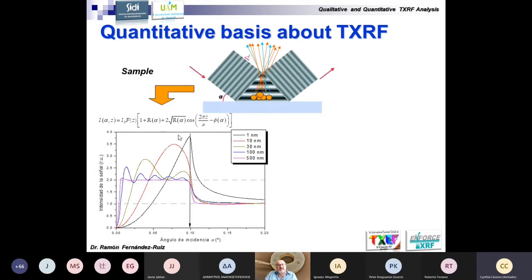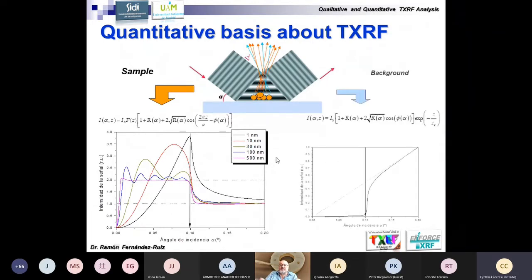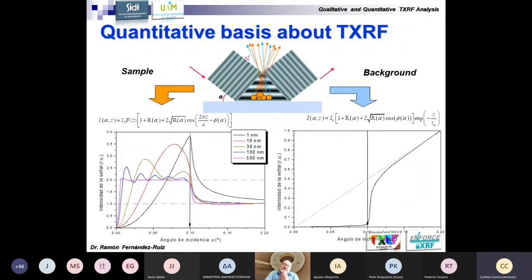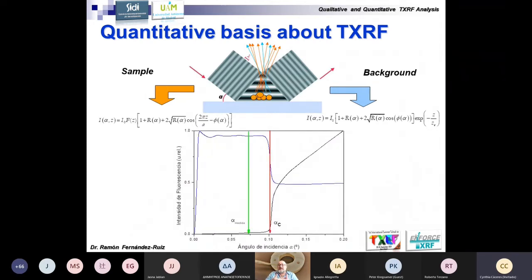excitation intensity of the elements present. It varies from 2 up to 4, depending on the geometry of the depositions. But simultaneously, as Peter has commented, the background goes from, in this case, quartz or silicon, if it is a buffer, to practically 0, very, very low. If we combine both effects, we obtain the optimum relation for an analytical technique. That is,